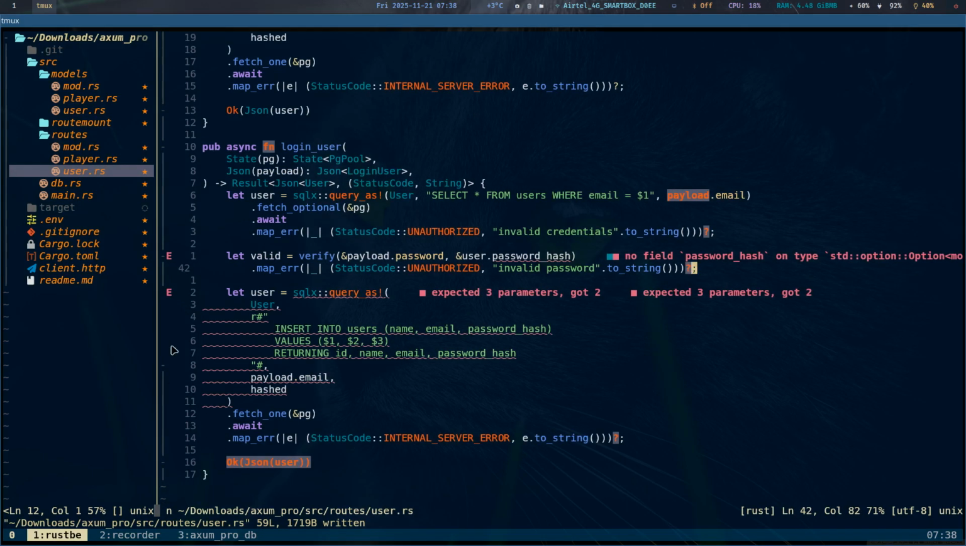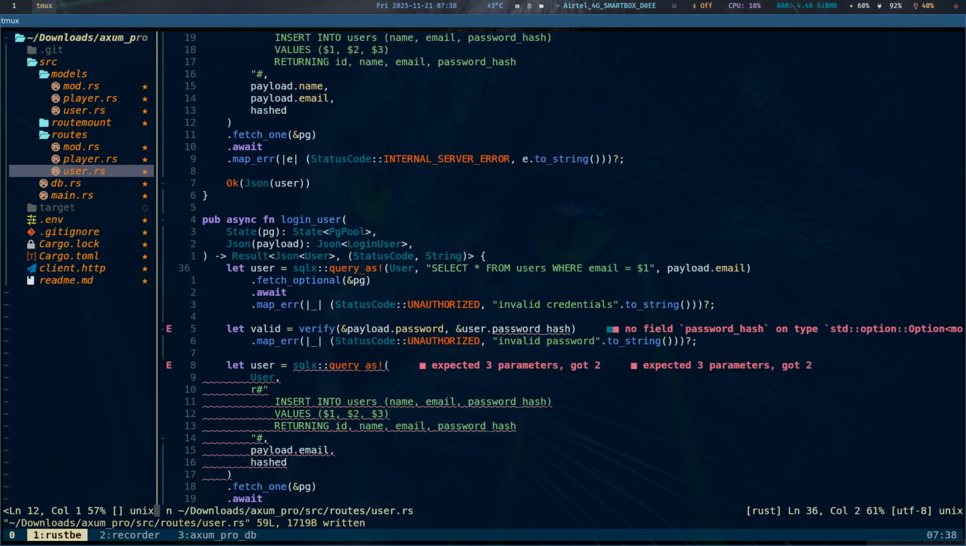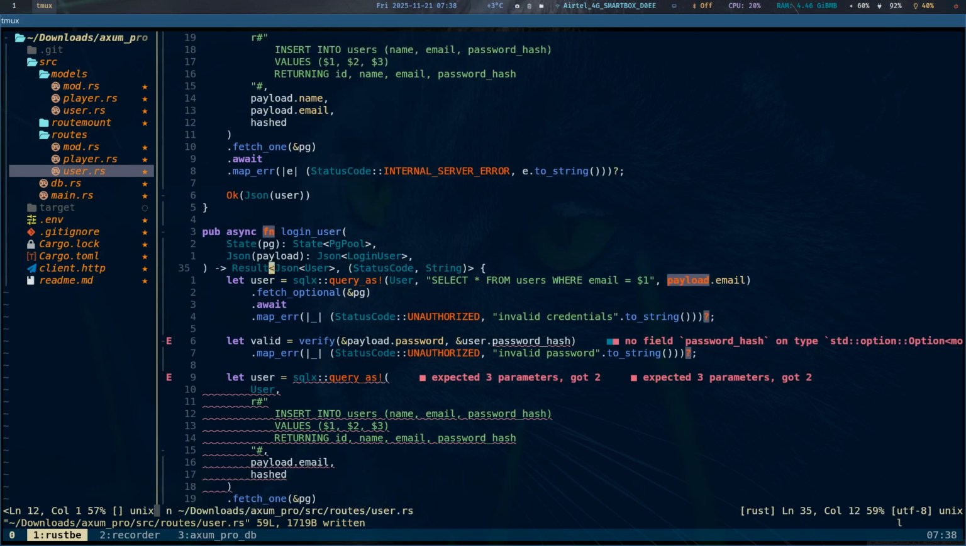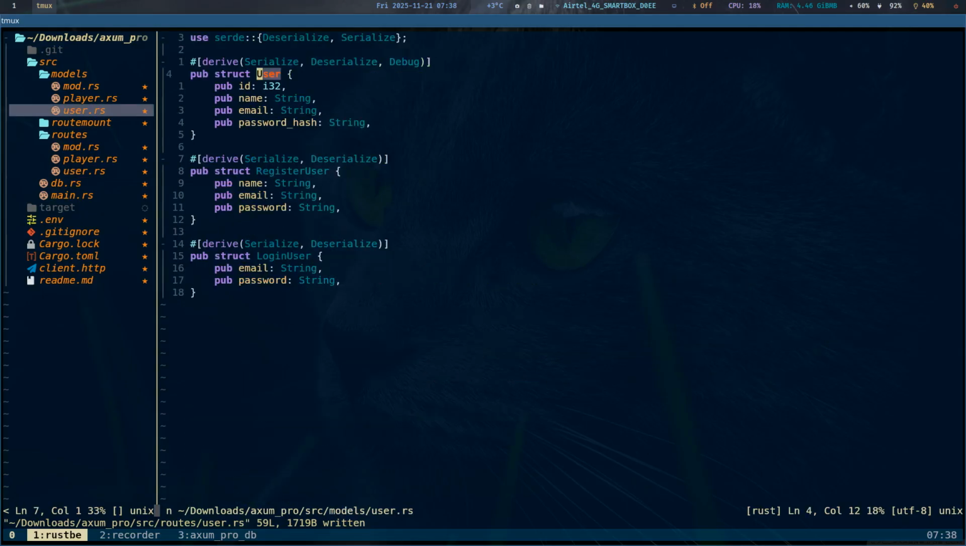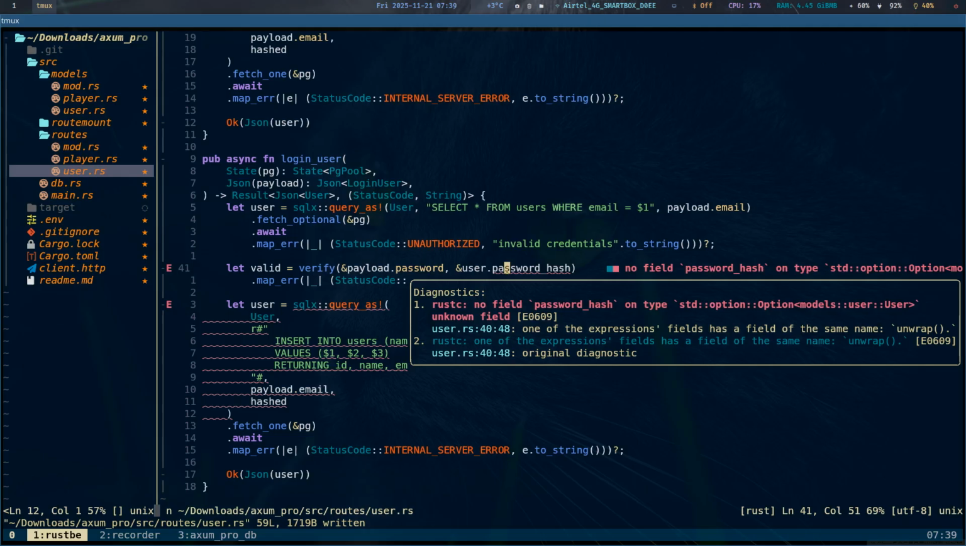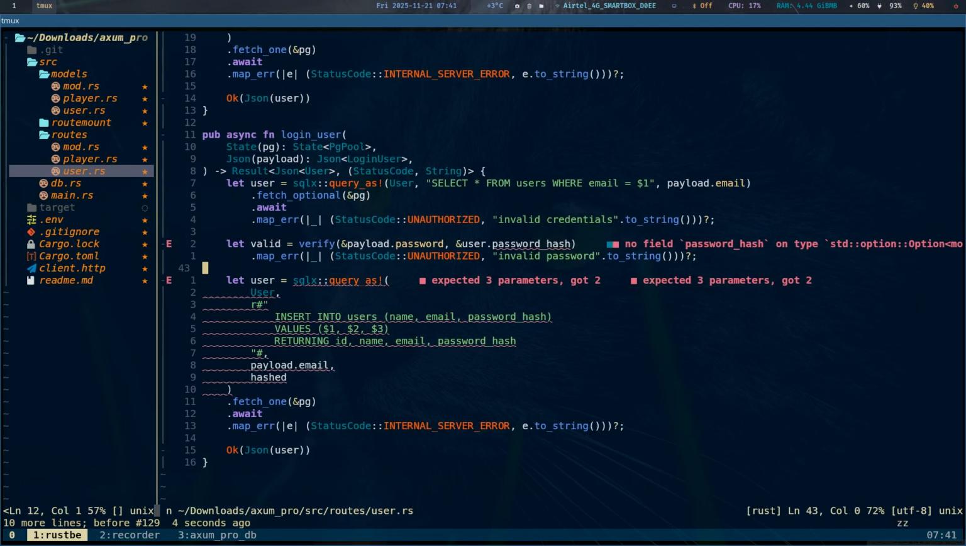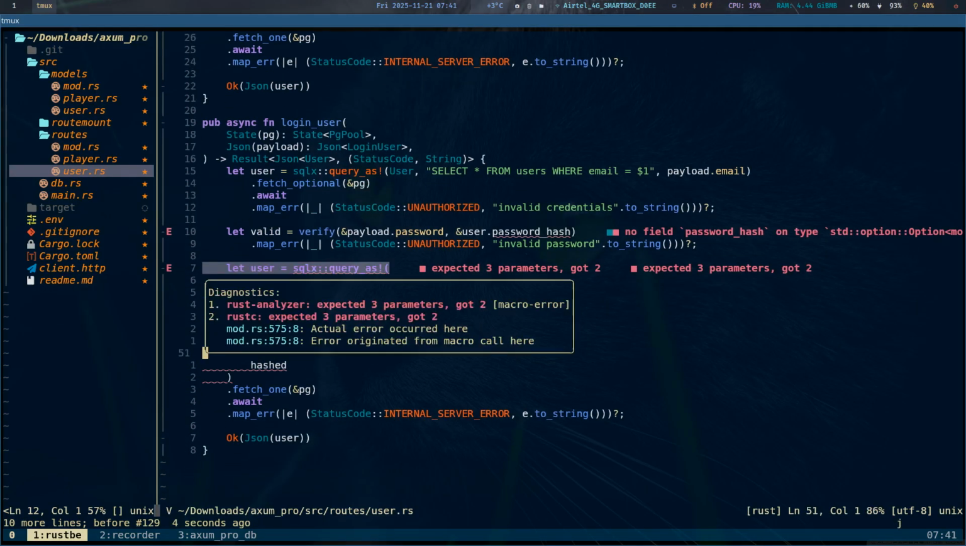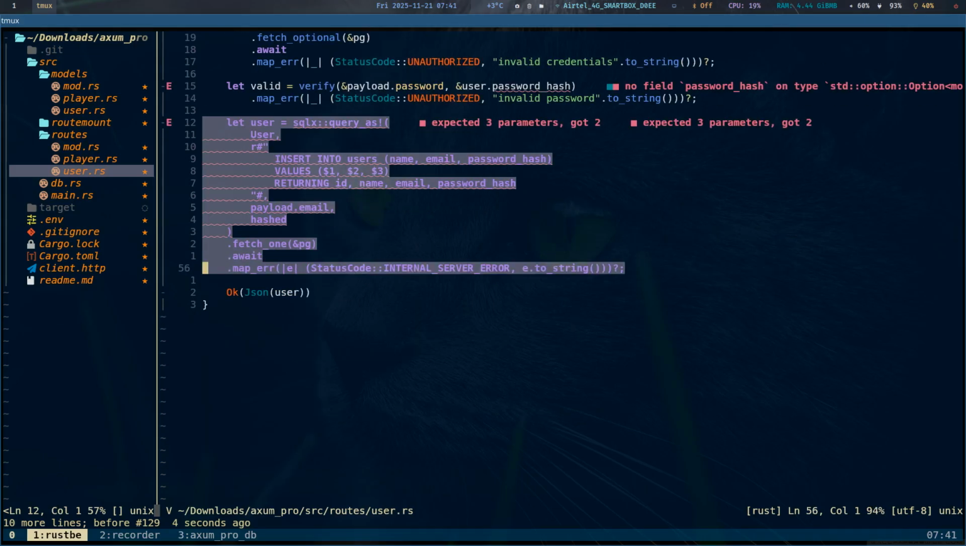So what do we have? We have no field password hash on type option from the user. Do we have password hash? How can we remove this? No field password hash on type option models users. So we'll fix this error in a bit. Let's just move on. I'll remove from here,